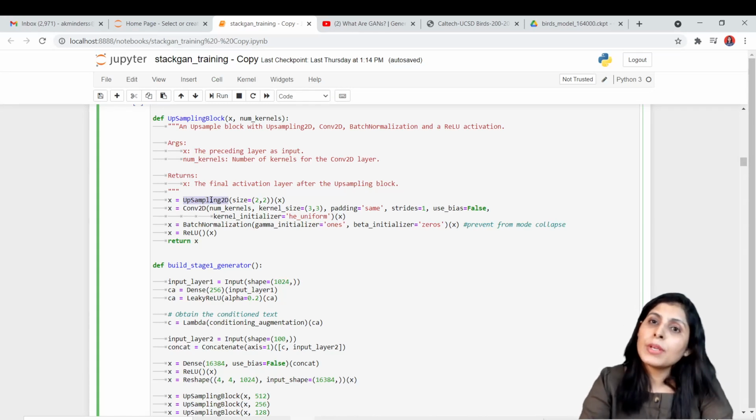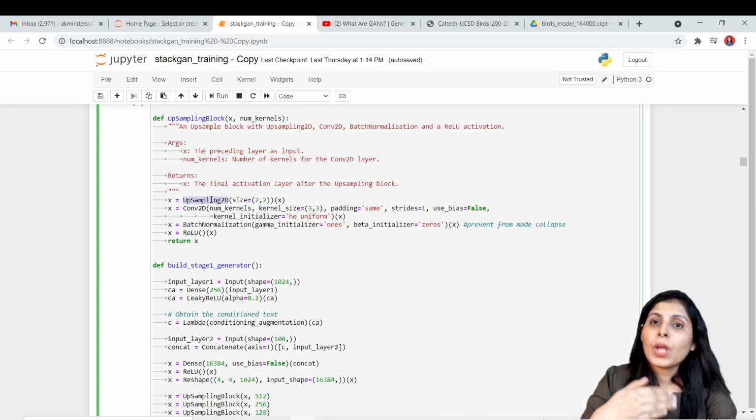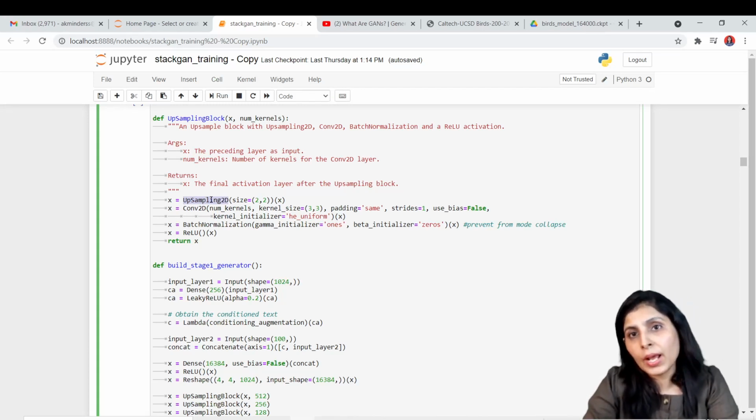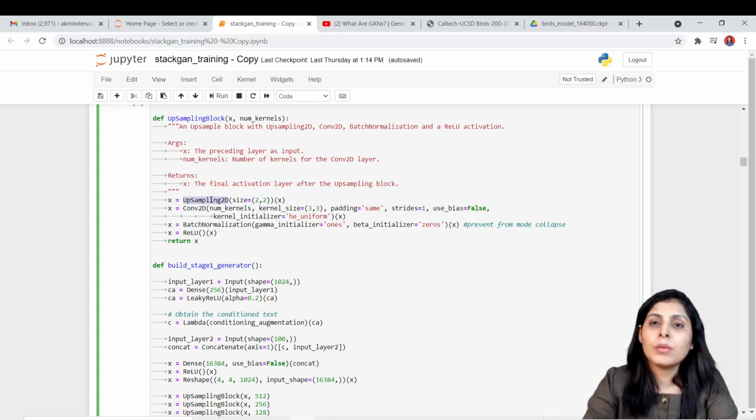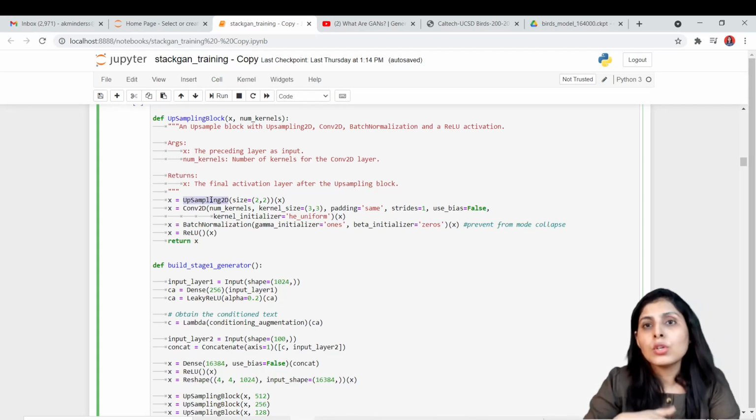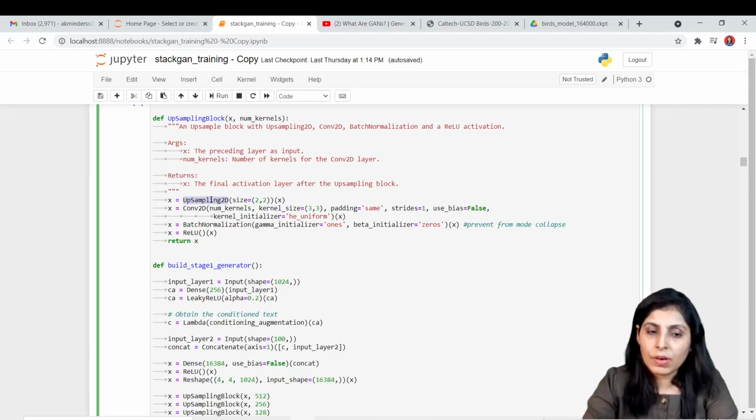Upsampling 2D simply means when you want to upsample your image, let's suppose the size of the image is 4 by 4 by 3, but you want to make it 8 by 8 by 3, right? You want to increase the height and width of your image. Previously the width and height was 4 by 4, now you want an 8 by 8 image. So you can use the upsampling 2D layer to increase the size of your image, right?